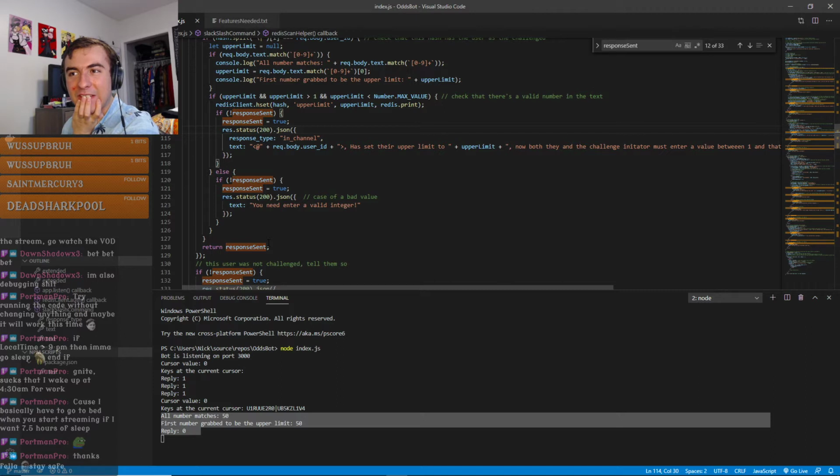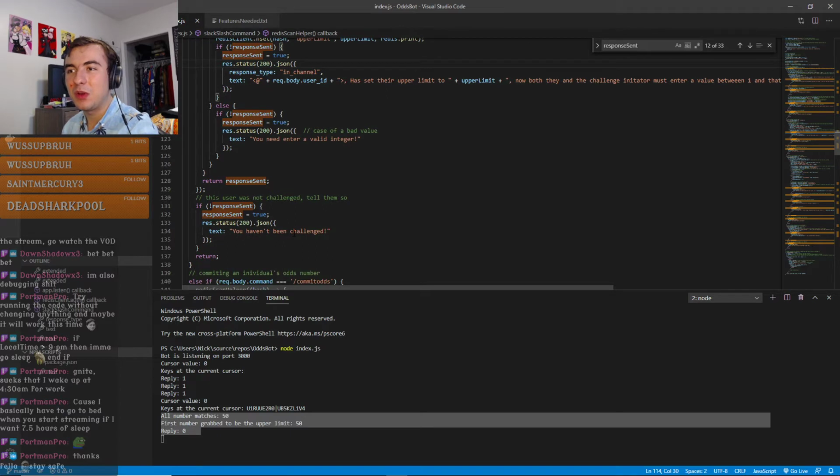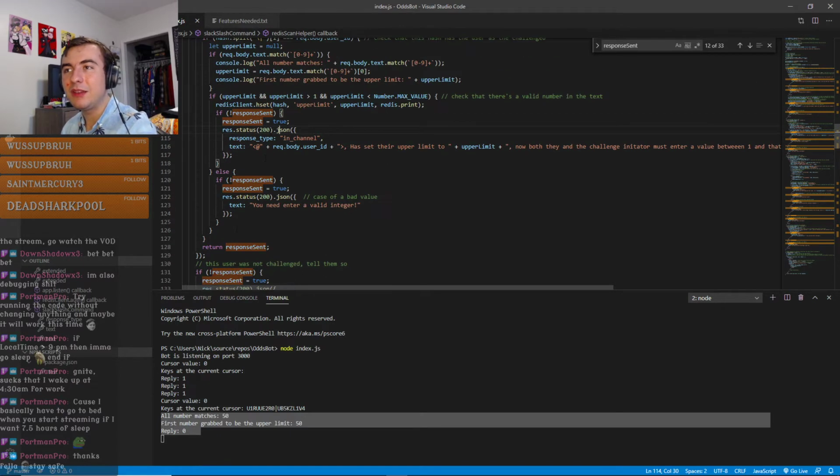Okay. Bad value, you need to enter a valid integer. Yeah, no, that won't ever happen. Well, wait a minute. But it definitely gets in here because the Redis print happens. If this was false, it would just send this back. So, how does it